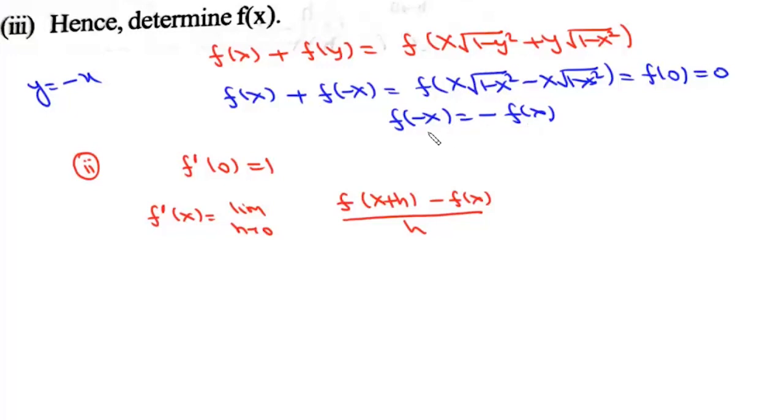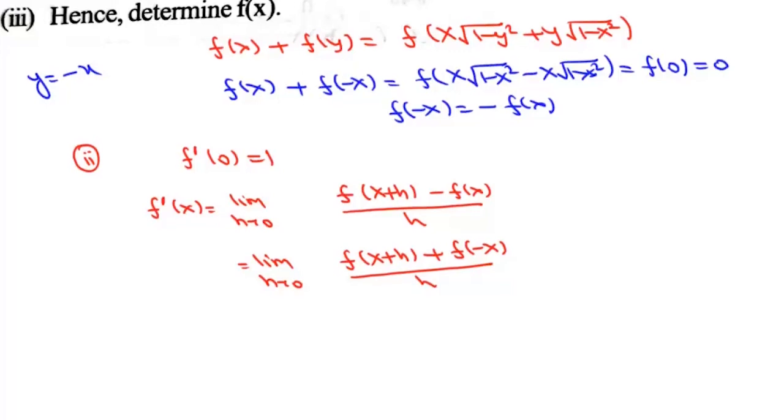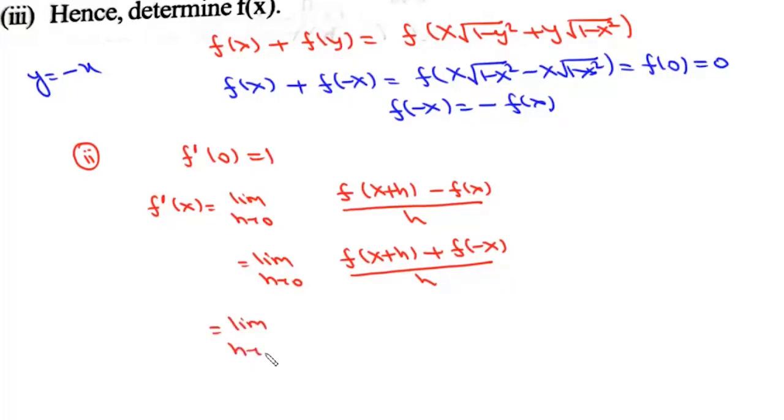We can write minus f(x) as f(minus x). So it will be this limit h tends to 0, and we can write this as f(x plus h) plus f(minus x) upon h. Now this is f(x) plus f(y). So now we'll write this as this limit h tends to 0, and here it will be this f(x plus h) under root